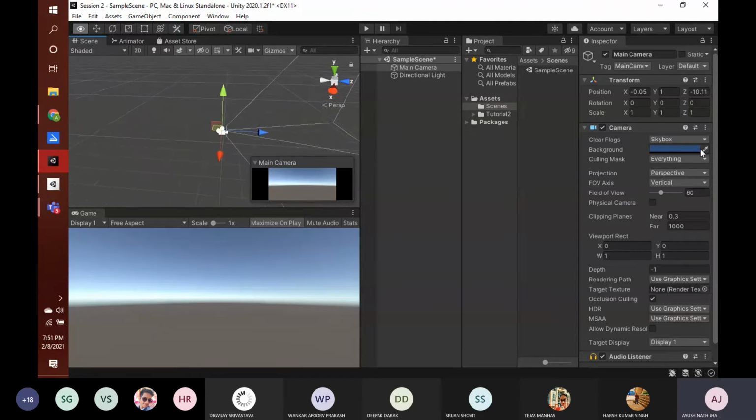So this is the way you can move around in this complete world. Actually, the bounds are infinite. Infinite means it is so large that you might never be able to reach the end. So this is how you move around in this scene view.